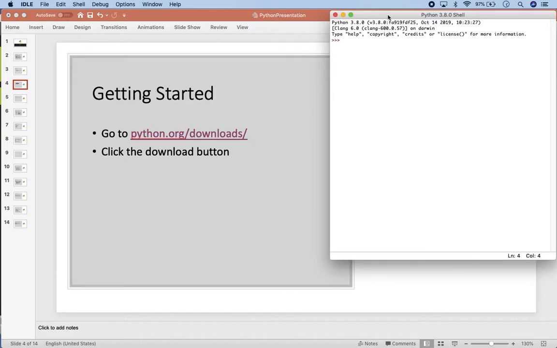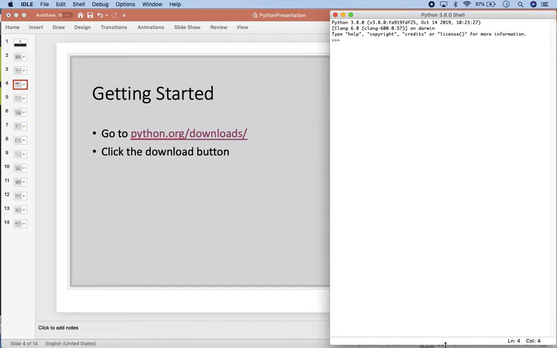And this is the Python prompt window, similar to the command window in MATLAB. Then we can start our first Python code, and we'll just do the classic print hello world. And when I press return, it should print hello world. Okay,